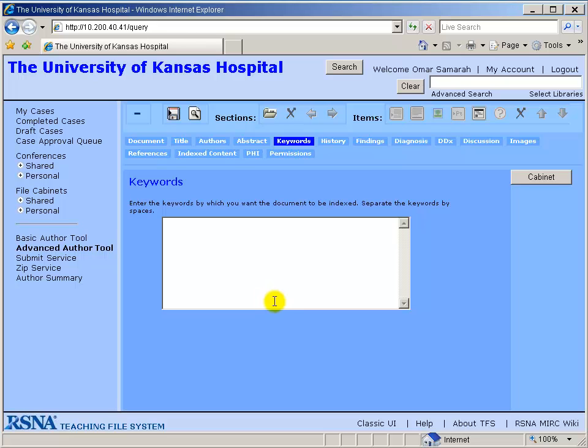It's best to have categorical keywords of varying specificity so that searching can reveal different subsets of cases. For example, a search for the term musculoskeletal should provide many results. A search for the term upper extremity should provide less results. A search for the term thumb would provide even less results. And finally, a search for the term Salter-Harris, which is a specific type of fracture, may return only a single